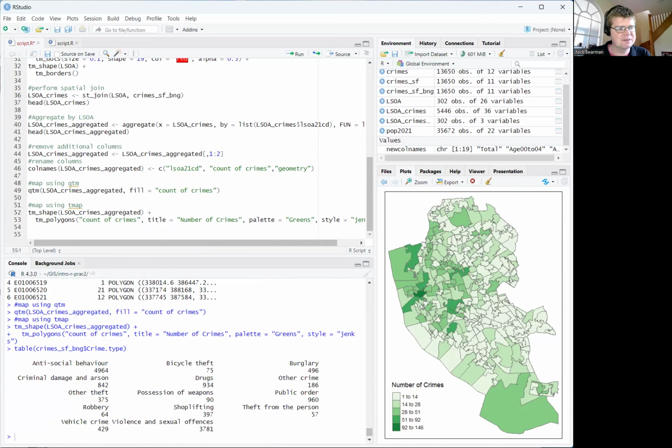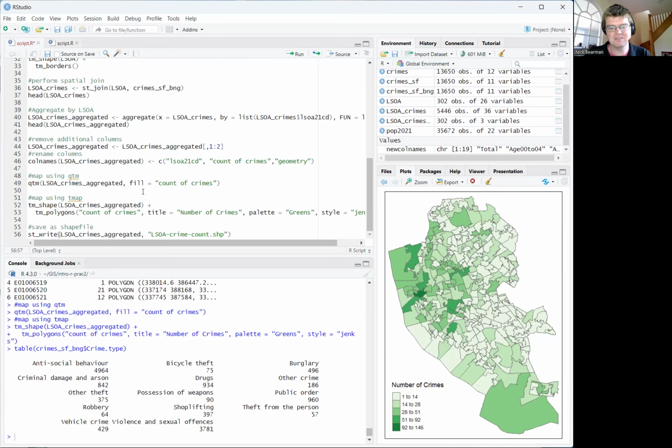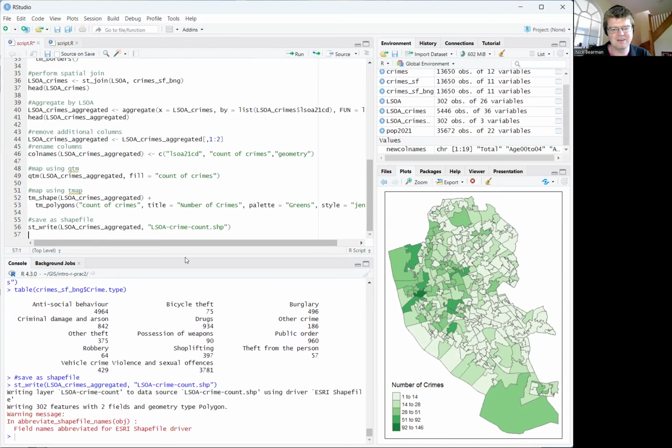The last thing I wanted to mention is how do we export data? So we can save shapefiles from within RStudio. So we have this st_write function. And so if we do some work in here and want to change it to a different GIS, we can do that. So this will take our LSOA crimes aggregated variable and save it as LSOA crime count as a shapefile. And we can export all sorts of other formats as well using